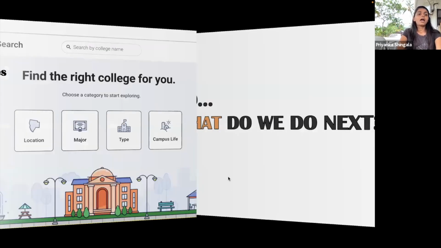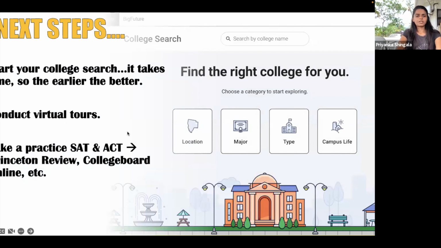College search takes time, so the earlier the better. If you go on vacation or are driving through, just drive through the university campus. It doesn't matter if you never want to attend that university. You'll get a feel for what a university looks like in terms of size. Teenagers will have a better idea of what a large university looks like as opposed to a small one. Oh, the campus just disappeared. It was one road long and on one street. That's not what I want. Or maybe that is what you want.